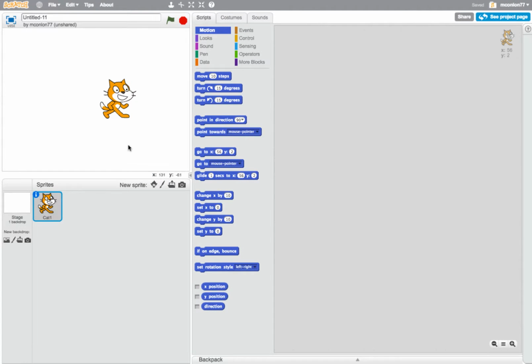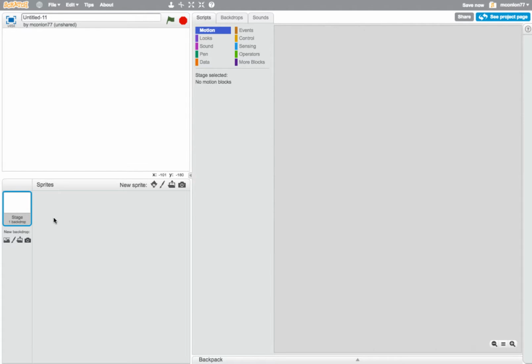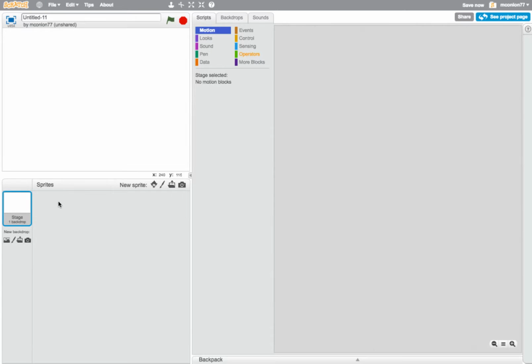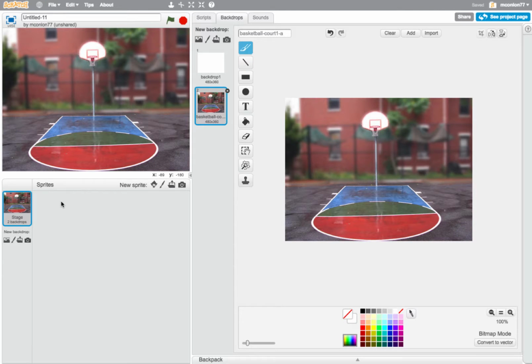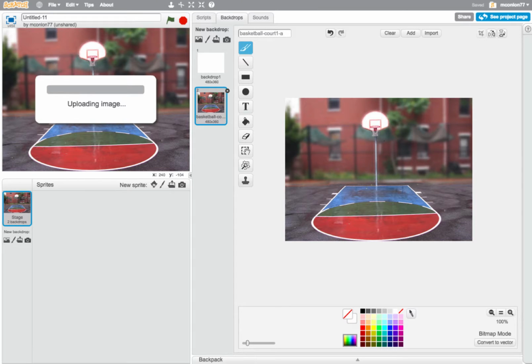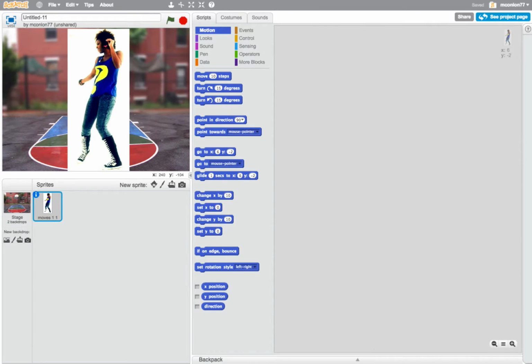Okay, we're now going to add your own costumes and your own character from photographs you've taken. So we need to get rid of the cat, and we'll stick in a new background for this particular dance. And so now we're going to have to get a new sprite and add some costumes to it from your photographs. So we're going to upload a sprite from a file and choose the first pose in the costumes we're going to create. And you'll see when that goes on the stage, we've still got the background that was in